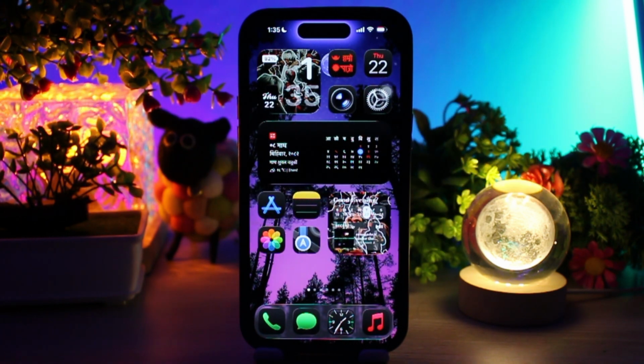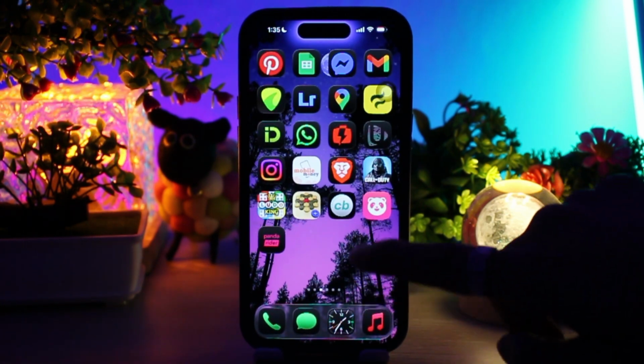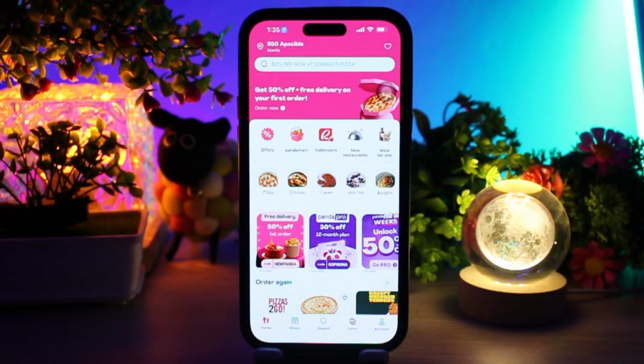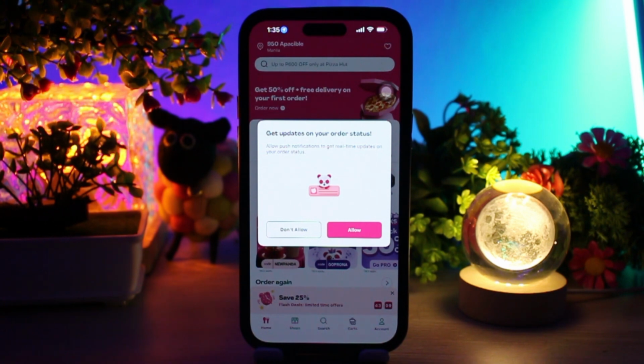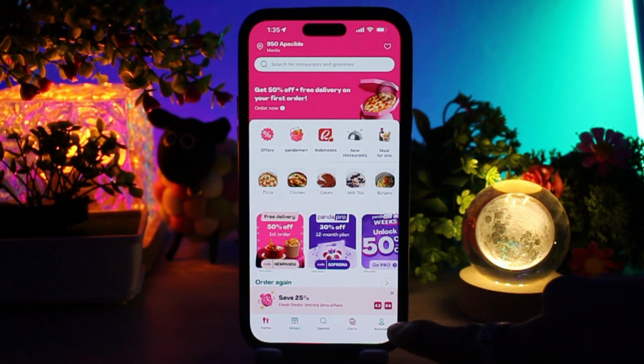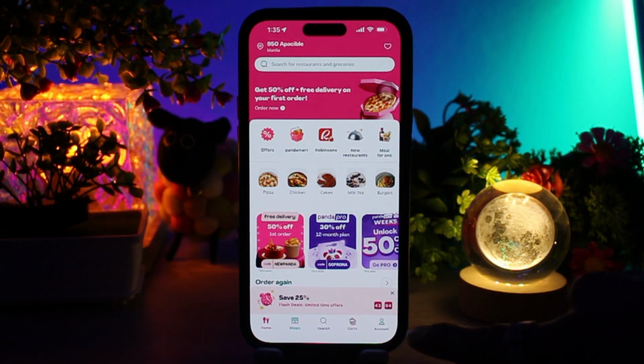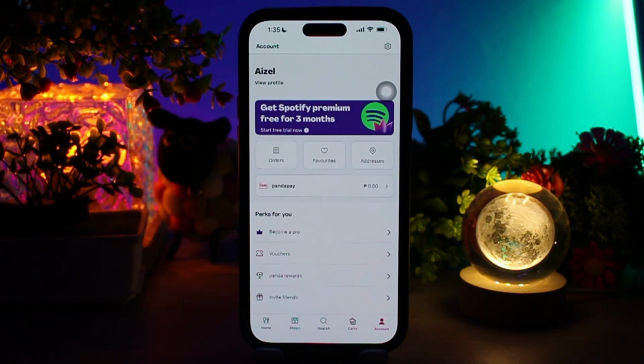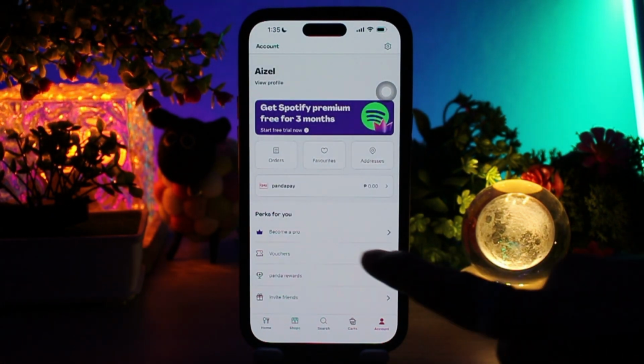In order to remove a payment method in the Foodpanda application, what you need to do first is simply head over and open up your Foodpanda app. Once inside, be sure to be logged into your account as well. Once logged in, on the bottom right corner of your screen you'll find the account option. Simply select that. Once you're inside here, what you need to do is simply tap on the Panda Pay